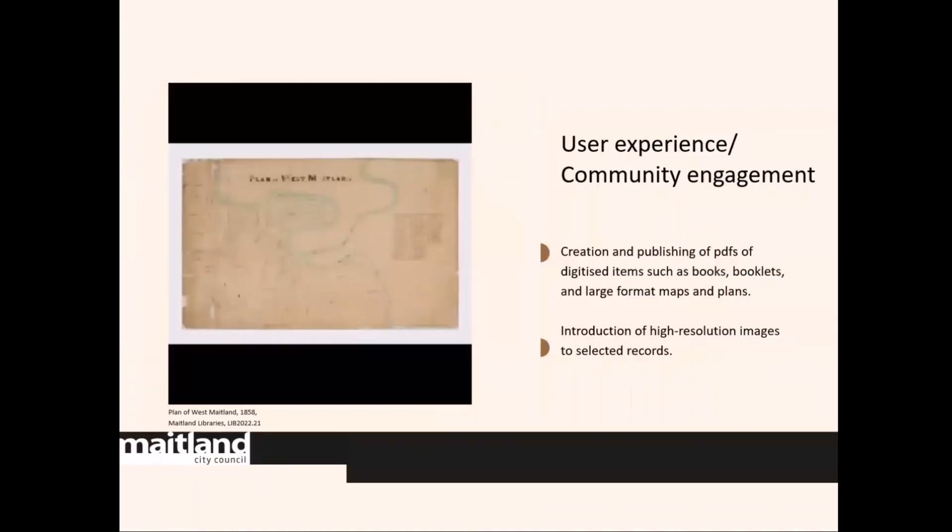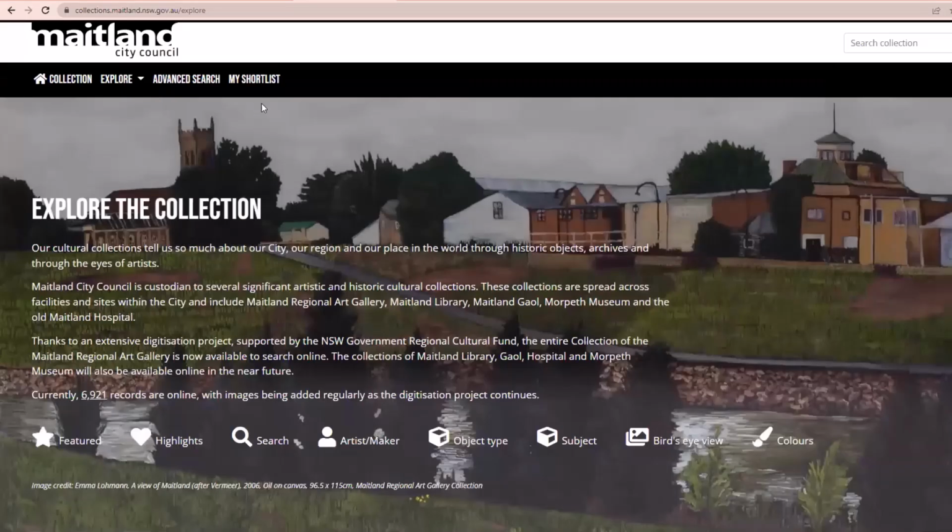A key thing for them was the user experience when engaging with the collections. Two challenging areas for them were access to particular objects where you needed high resolution images to be able to use them effectively. An example of that would be their plans and maps collection. And another area was things where they needed to create flippable PDFs. So multi-page documents where they wanted to be able to share those with users on Vernon Browser and make that content fully accessible. So their site's available through Collections Maitland,